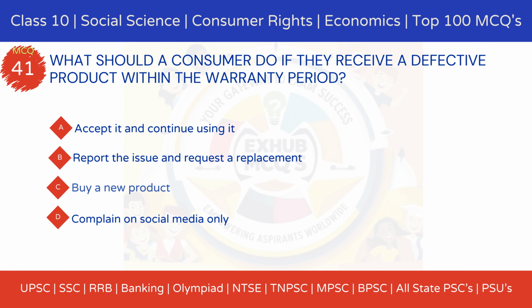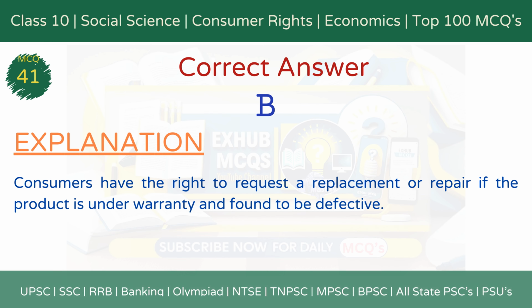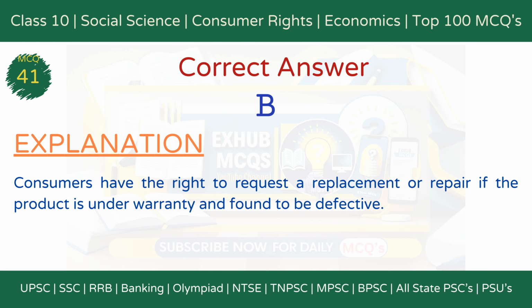defective products. MCQ 41. What should a consumer do if they receive a defective product within the warranty period? Option A, accept it and continue using it. Option B, report the issue and request a replacement. Option C, buy a new product. Option D, complain on social media only. The correct answer is option B, report the issue and request a replacement. Explanation: consumers have the right to request a replacement or repair if the product is under warranty and found to